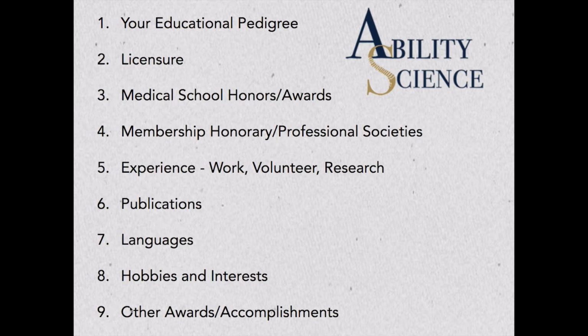They liked that. Number 9, other awards and accomplishments, is anything that doesn't fall under category 3 that you felt was an award or an accomplishment. So you can go back to high school, and you can go back to college, or just things that you've done in your community that you were awarded or that you feel is an accomplishment.